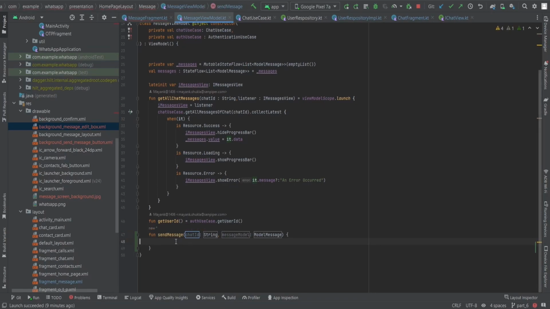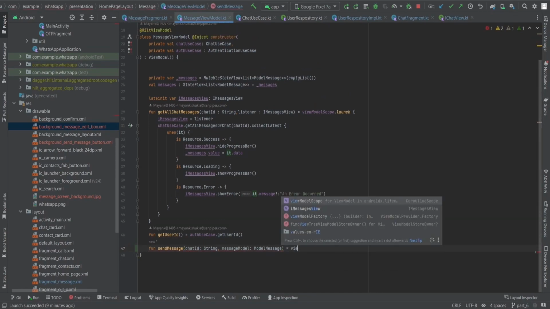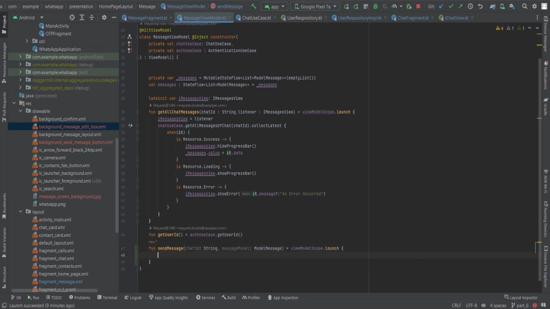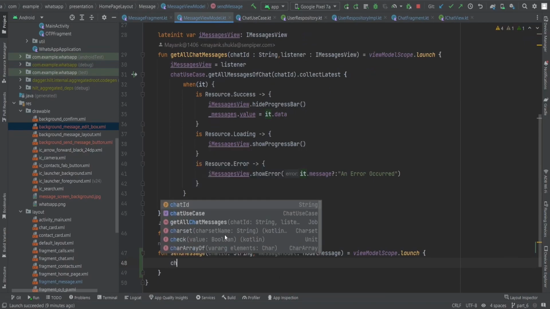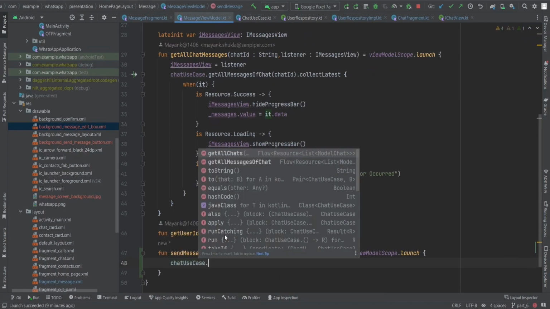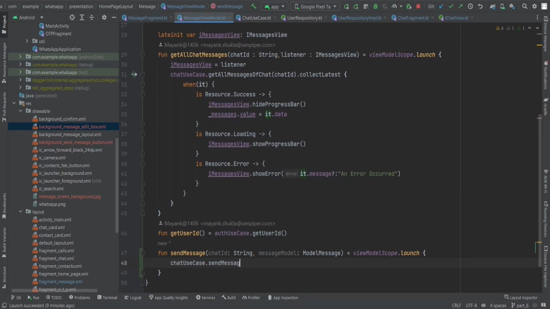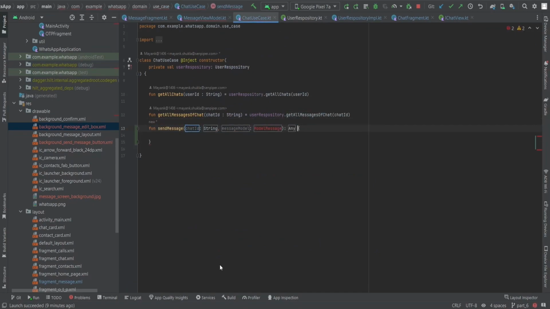It is equal to viewModelScope.launch, and inside this launch method we're going to use chatUseCase.sendMessage. How are we going to send the message? It is really simple, providing the chat id and message model. Then we're going to collect this latest. So first we need to create this member function.